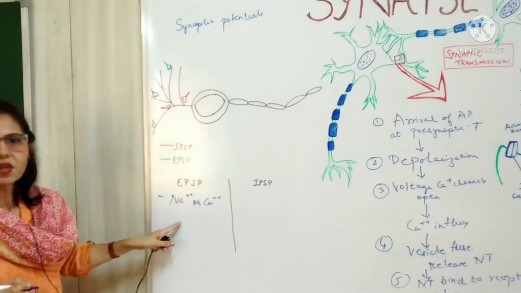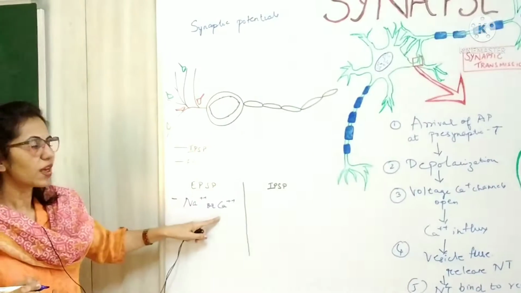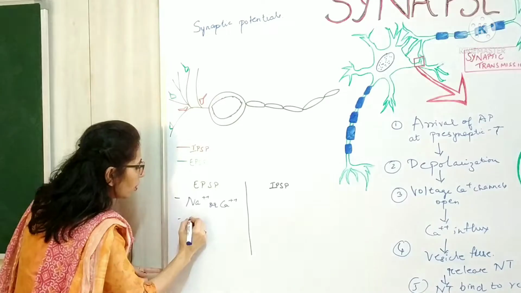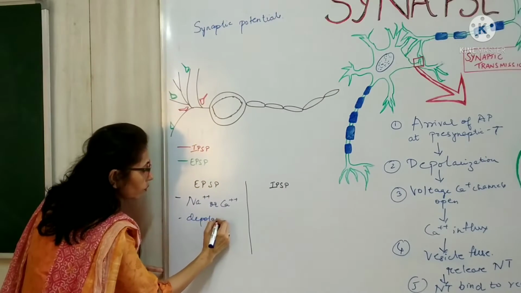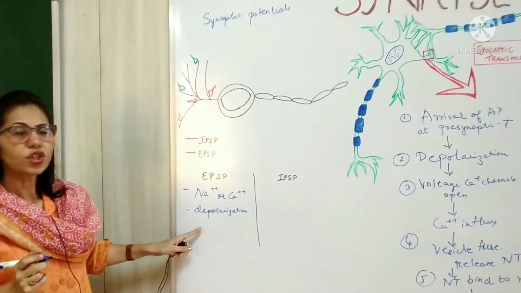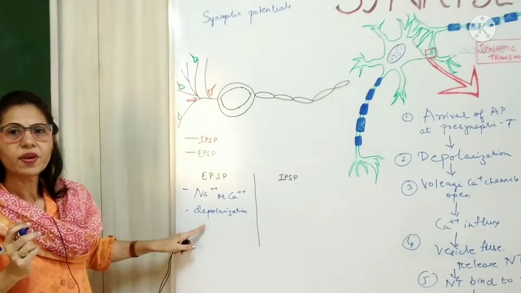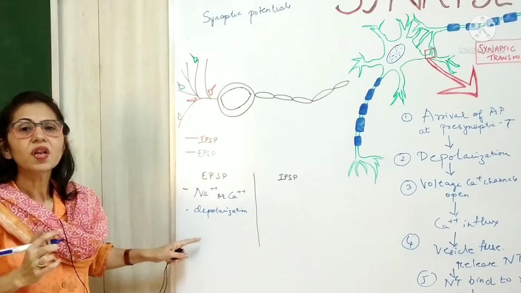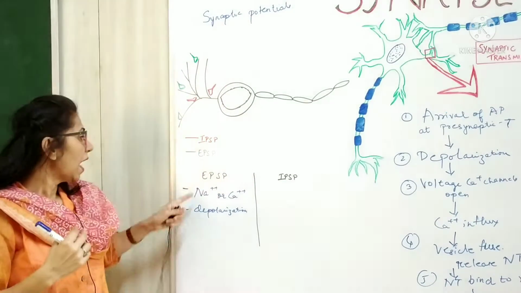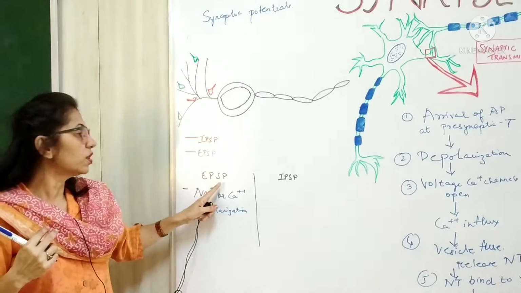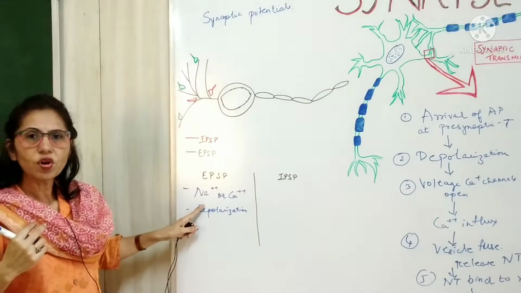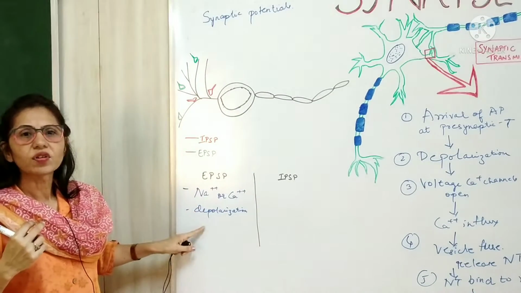These are chemically mediated channels. Sodium and calcium channels open up, and as they carry positive ions, they cause depolarization of the postsynaptic membrane. That produces a transient depolarization potential, and when this membrane is depolarized, the postsynaptic neuron is excitable to the next stimulus which is coming. Hence it is called an excitatory postsynaptic potential. So this is the EPSP, which is produced because of the opening of sodium and calcium channels, and it causes depolarization